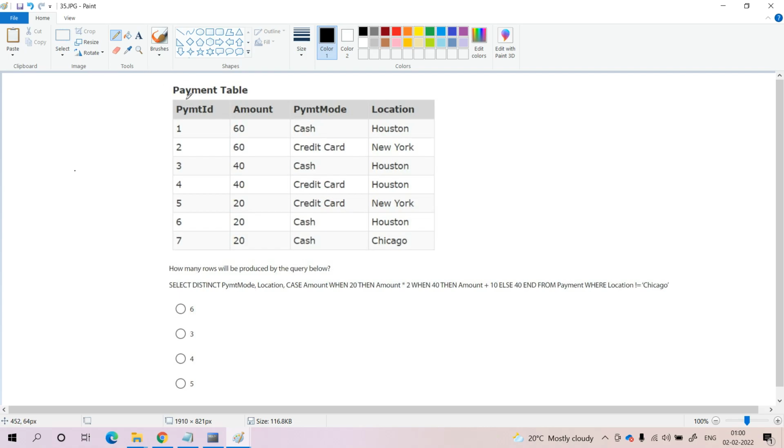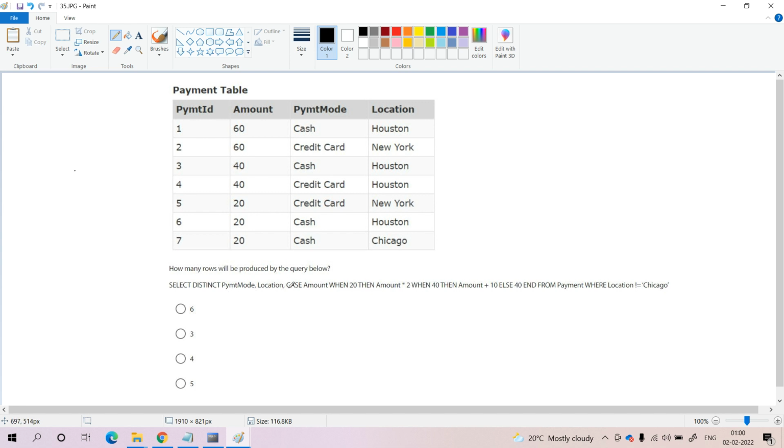Now here in this question, we have a payment table available. The question is, how many rows will be produced by the query below? Here the query is, select distinct payment mode. So out of all the available rows, we need to identify the distinct rows according to the payment mode,